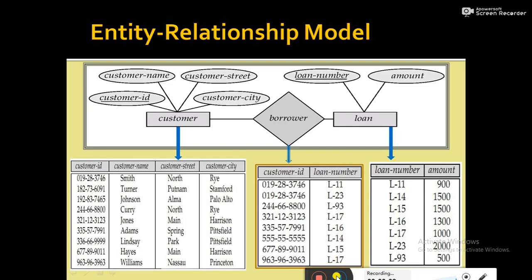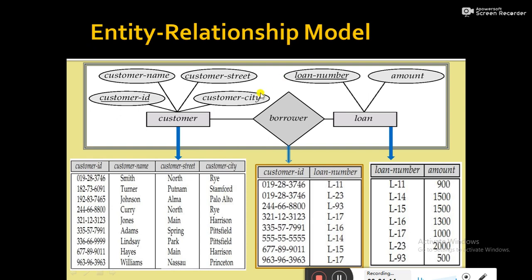Before moving to the new terminology of the entity relationship model, let me recapitulate the entity relationship model which I have already discussed in my previous lecture. Suppose we need to design a database for a banking enterprise which wants to keep information about their customers and their corresponding loan records. For designing the database, the first step is to design the entity relationship model. So, ER model, first step.